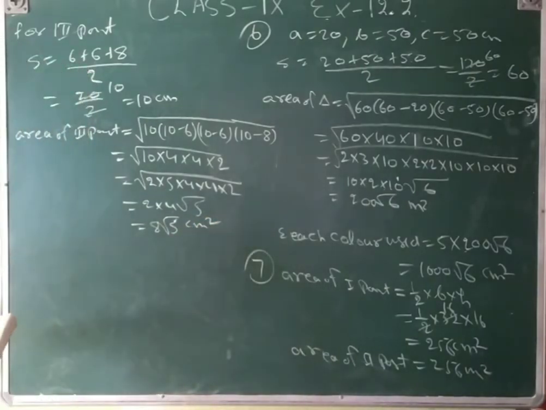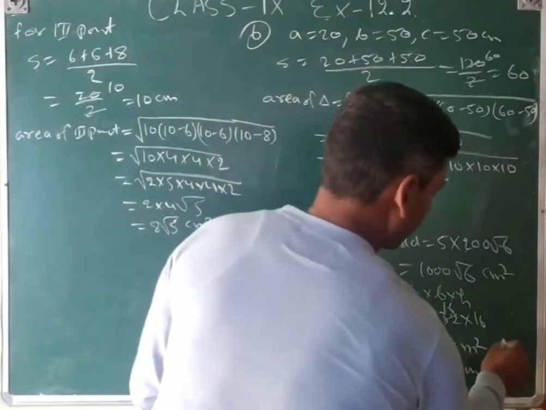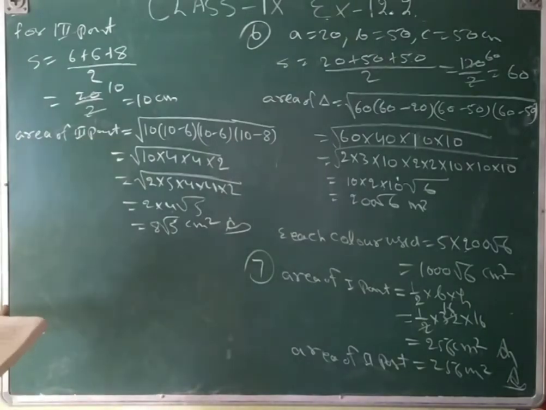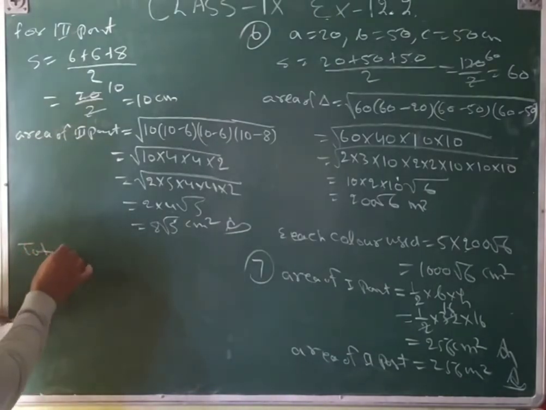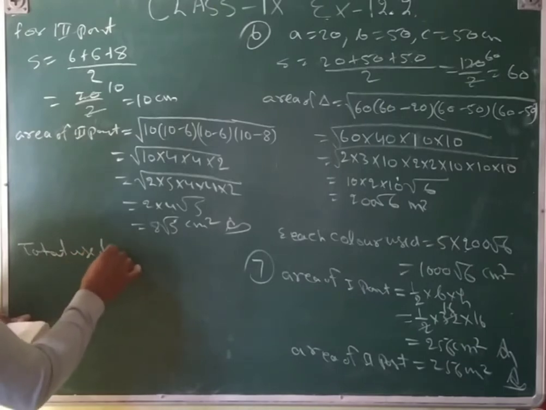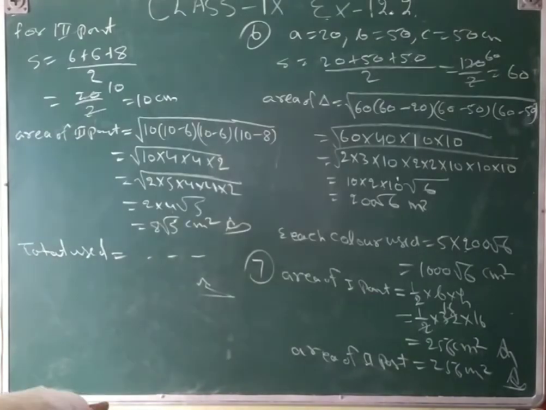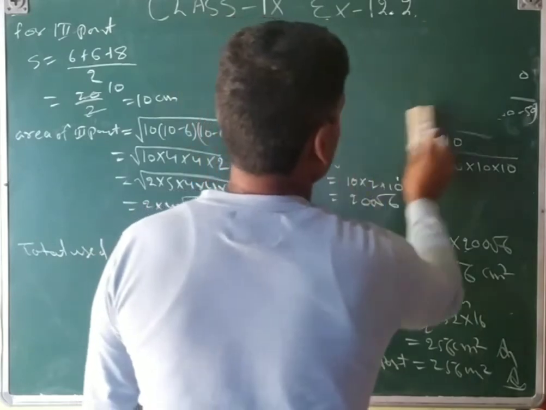And then how much paper of each side has been used. Here is one answer, here is also one answer, here is also one answer for each side. If you add all those answers you get the total used paper, but we don't need to add that one. Question number 8, that is the second last question.